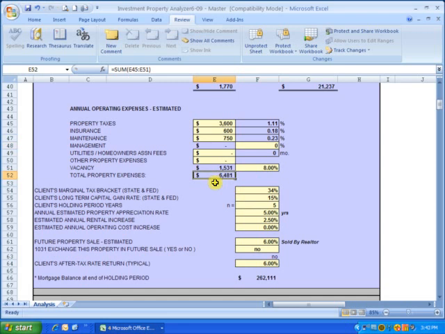What we're trying to calculate is the total property expenses per year on this house. We can also make estimates of how many months each year do we anticipate the house being vacant and not rented. Then we'll plug in the tax brackets, the capital gains rates, the estimated holding period that the investor plans